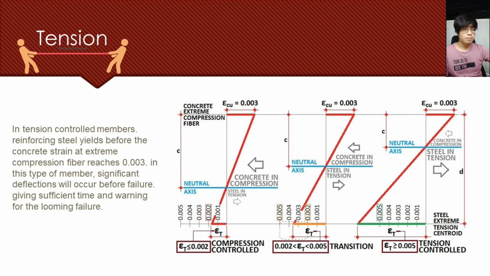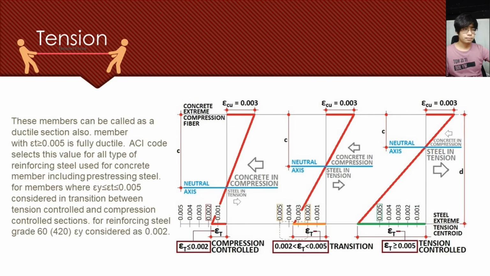Ayun nga, pagka lumagpas na yung mga value niya dun sa mismong maximum value niya na 0.003 o 0.005 yung strain value niya, medyo delikado na kasi doon na nagkakaroon ng failure, which is yung tinatawag na looming failure. This member can be called a ductile section. Also